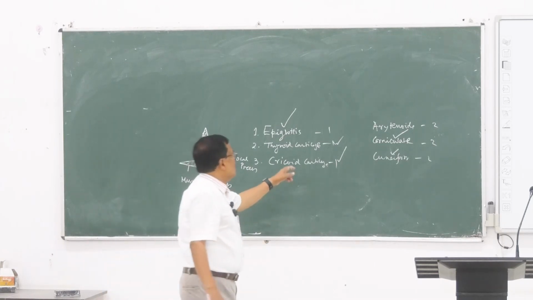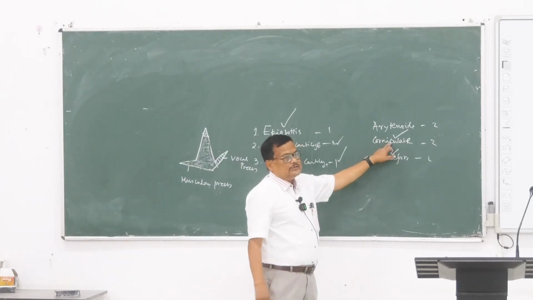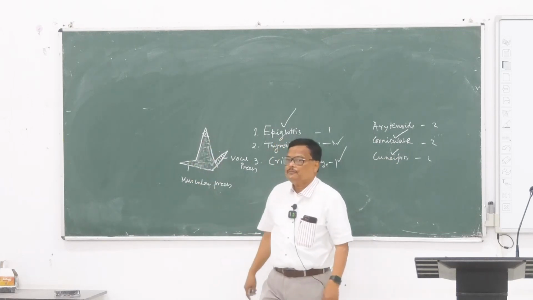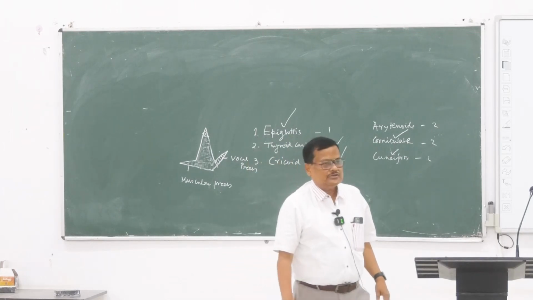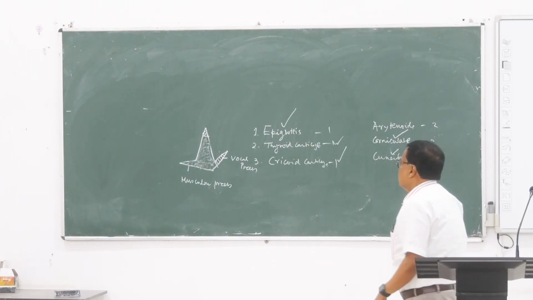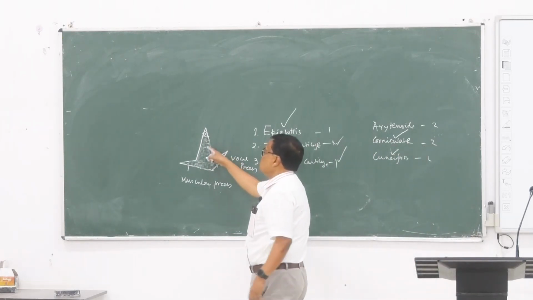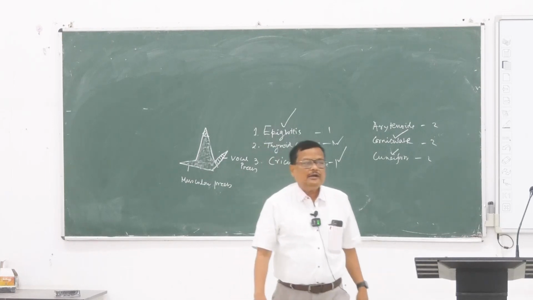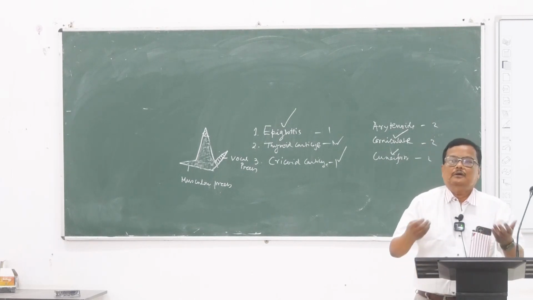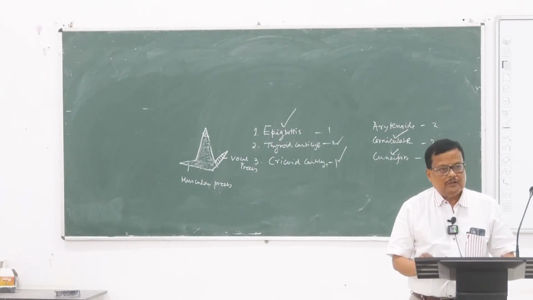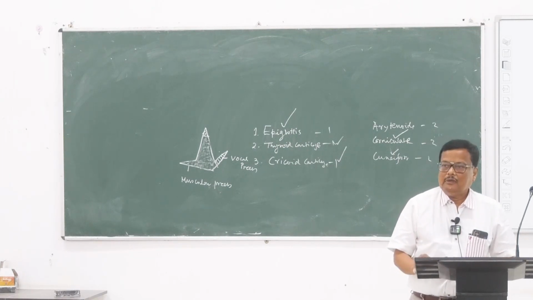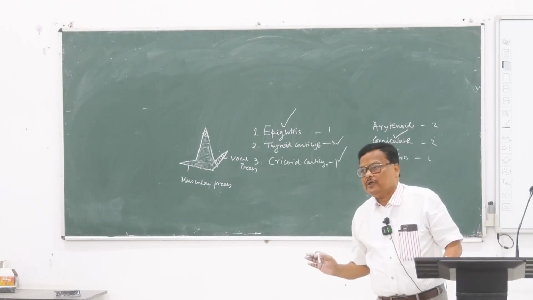So the epiglottis is elastic cartilage, corniculate is elastic cartilage, cuneiform is elastic cartilage, and the tips and vocal process of the arytenoid cartilage are elastic cartilage. Thyroid is a hyaline cartilage, cricoid is a hyaline cartilage, and the main part of the arytenoid is hyaline in nature. Hyaline cartilage ossifies after 25 to 30 years, 40 to 45 years. But elastic cartilage never ossifies.